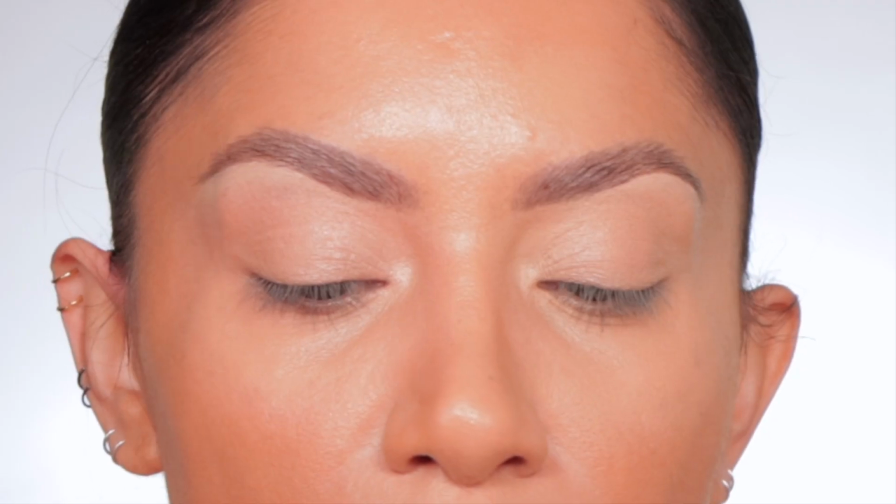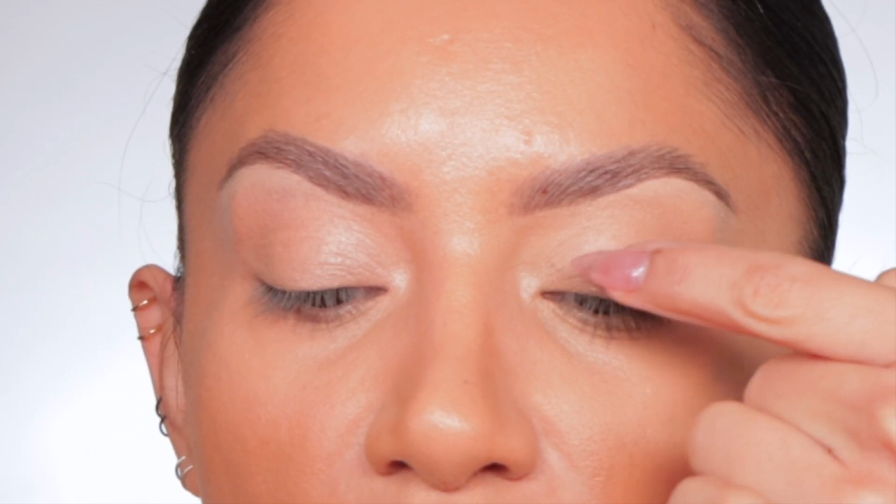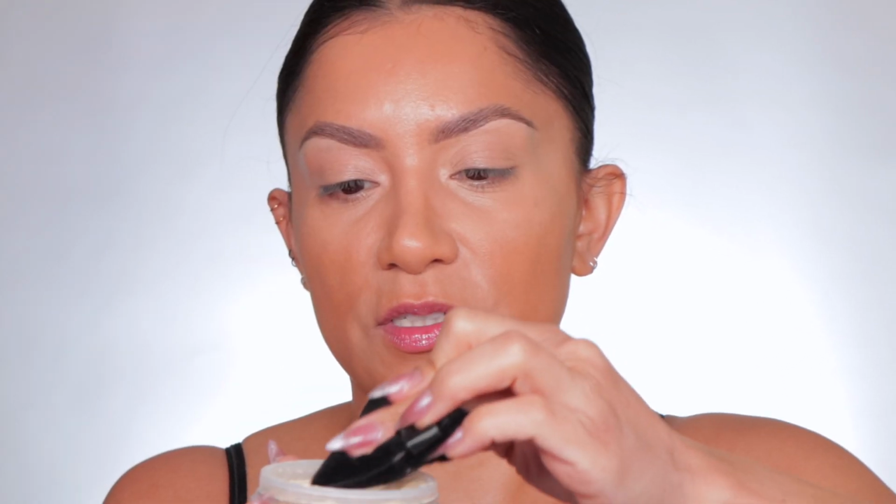Let's blend. See that? This side looks a little smoother. You see right there versus here? They both look good. Let's turn off the lights. Hydration in this serum concealer is really nice. We see it creasing on both sides, but we know I'm a creasy gal. Let's do the little Mickey Mouse. We're going to...